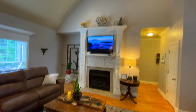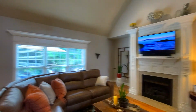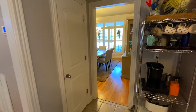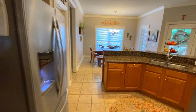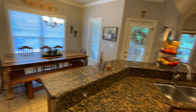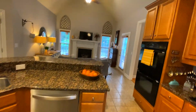Gas fireplace right here. Again, these two-story rooms are really impressive. Extensive molding over the windows. This leads into the kitchen, which is nice and big and open. You also have an entry to the dining room right there and a closet under the staircase. The refrigerator is also negotiable. You've got a great breakfast nook. Obviously, it's pretty large. You can see that there's an 8-top right there. Plenty of seating. Beautiful wood cabinets, granite countertops, and one of my favorite